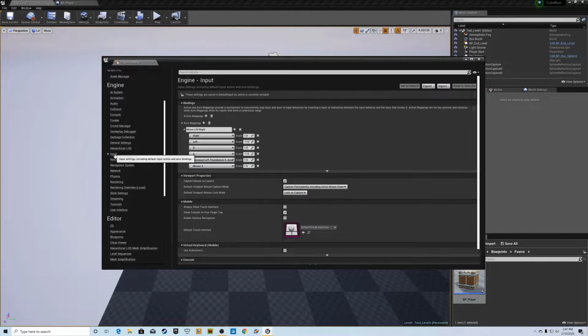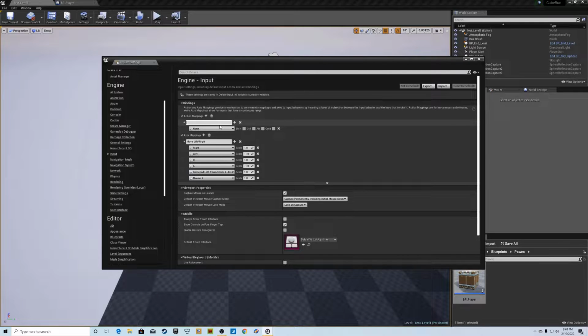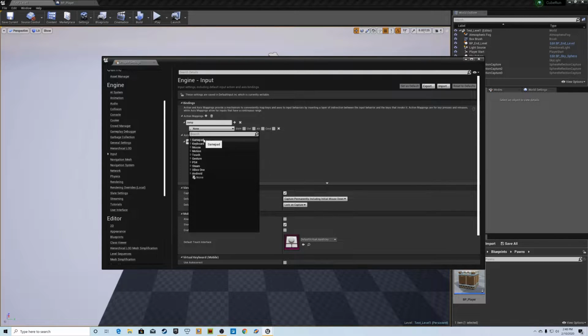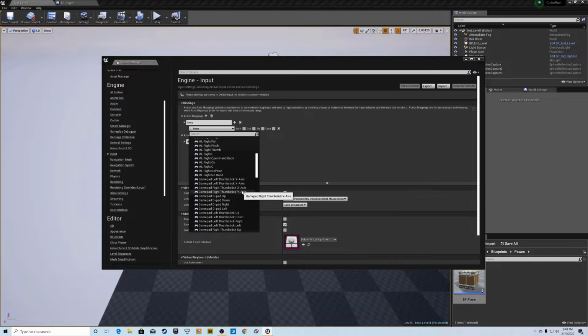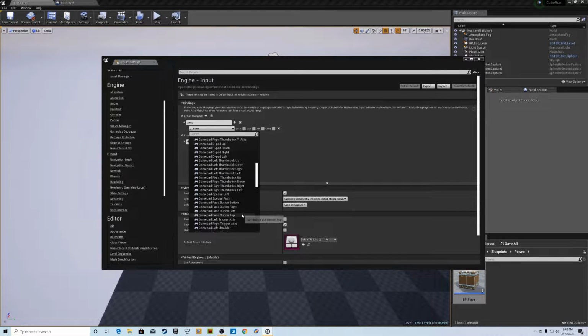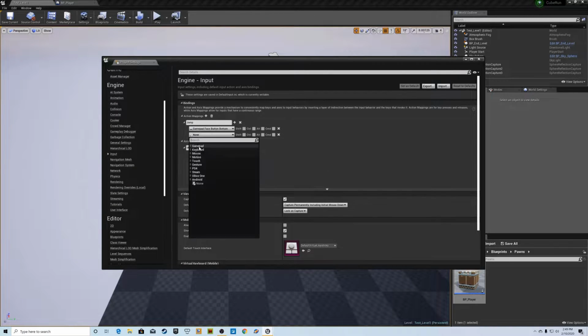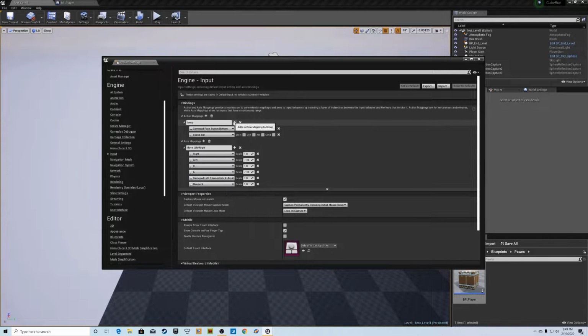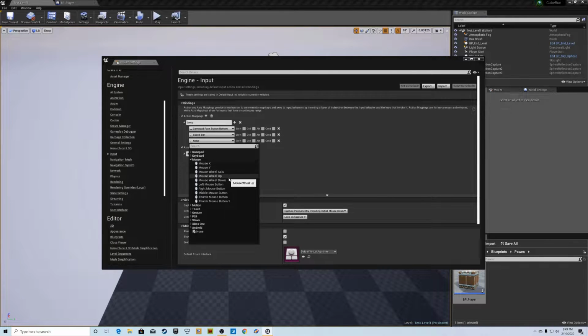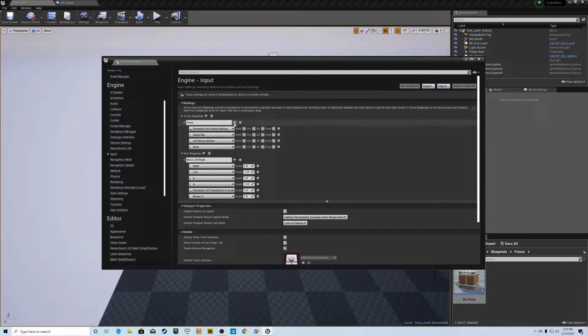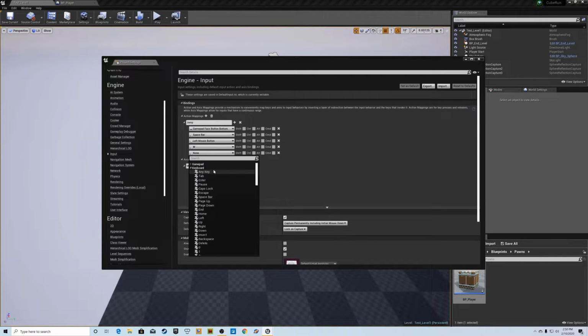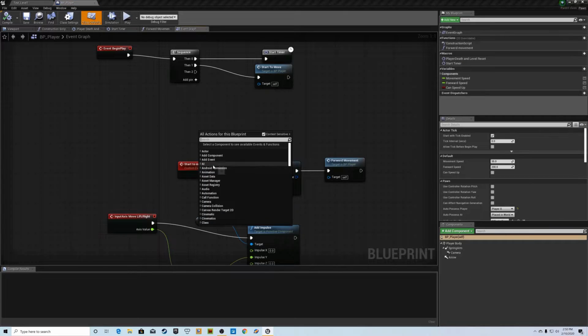Now I'm setting up the input for the jump. At first, I couldn't figure it out, and you could see what's going on. So I'm setting up the jump and the various inputs to it. So it's the action mapping, and now I'm setting up the